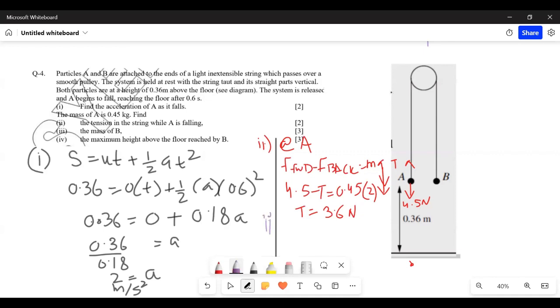फिर उन्होंने अगले पार्ट में कहा है मास ऑफ B बताएं। तो अब B पे कौन सी फोर्सेस एक्ट करेंगी? टेंशन, और टेंशन की डायरेक्शन क्या होगी? अपवर्ड। और कौन सी फोर्स है? वेट, हाँ, नीचे वेट है। और वेट में मास नहीं बताया हुआ तो हम 10m लिख लेते हैं। ओके, अब B पे इक्वेशन बनाएं।